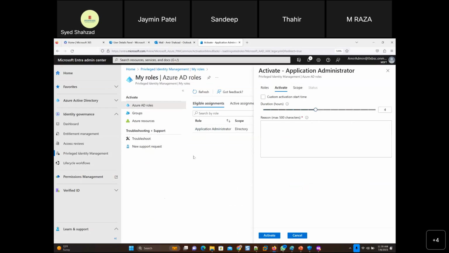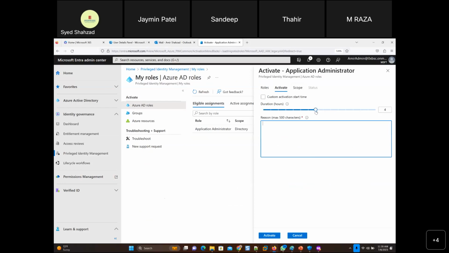And then the user is working with application administrator. After 4 hours, it expires. But the user wants to keep on working. So it is kind of disruptive. Yes, the user now has to go to the email, click that link again, and activate it for 4 more hours. Maybe the user's continuous work is requiring the user to work for 8 hours, 9 hours, 10 hours. So 2 times the user has to come and activate it manually and give a reason every time. So it's kind of disruptive, but that's what Microsoft says, that no one should have it permanently.